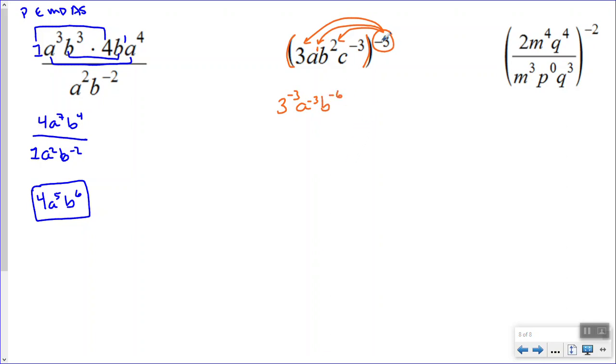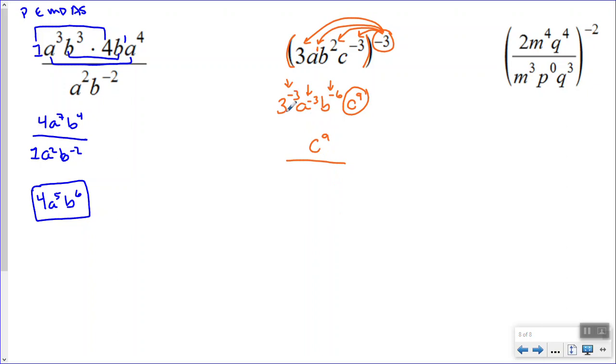For the last one, we have c to the negative 3rd raised to the negative 3rd again. It's power of a power, so I'm going to multiply my exponents. Negative 3 times negative 3 is positive 9. Now I can see that I have several negative exponents that mean that my answer isn't simplified. The only thing with a positive exponent is c to the 9th, so that is going to stay in my numerator. Anything with a negative exponent is going to move down into the denominator in order to change the sign